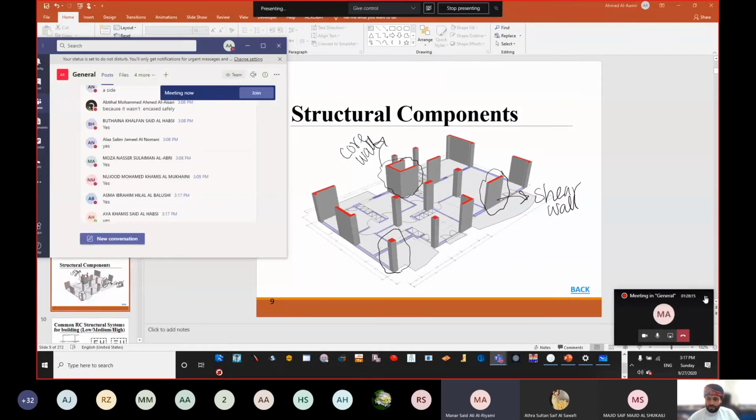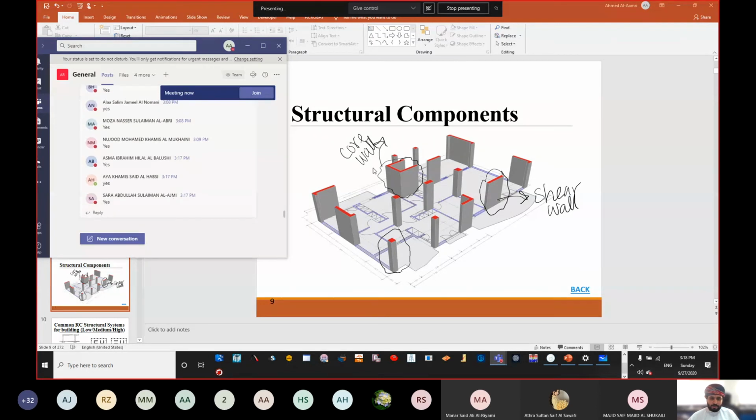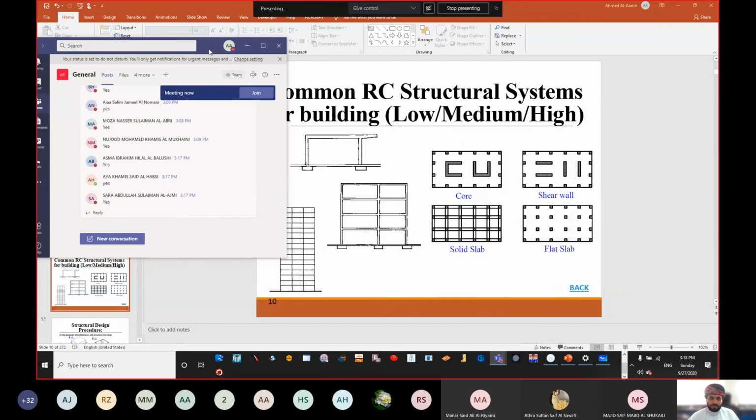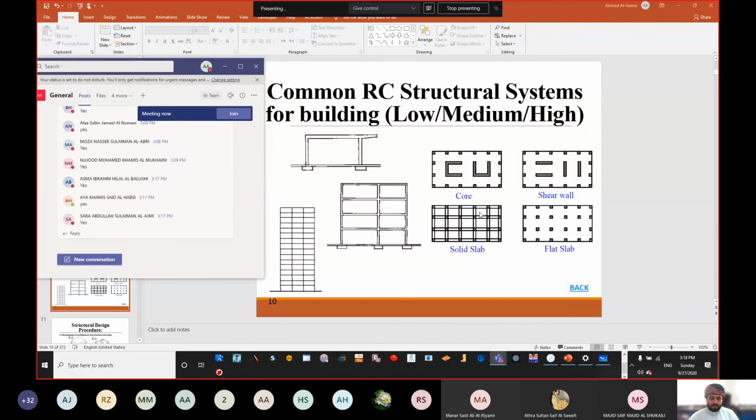Okay. Anyhow, so we have core wall, we have shear wall, and we have columns. And we said whenever we combine shear walls together, we call it a core wall. And a very good example of a core wall is going to be your lift. Okay, and if you go and see here, we'll end up with this slide. We have different